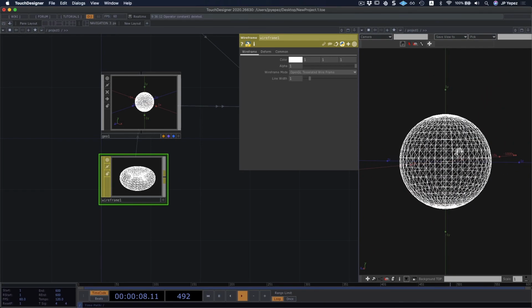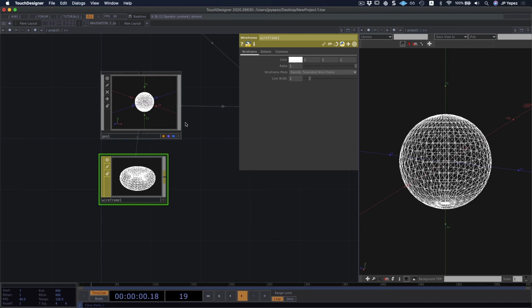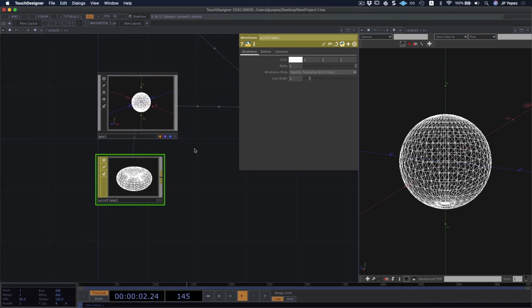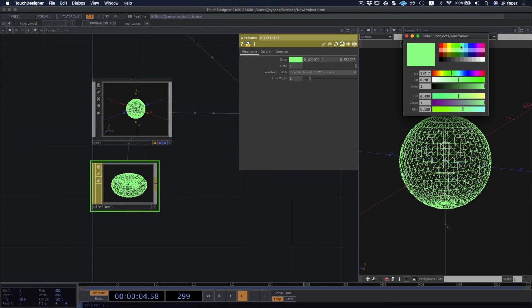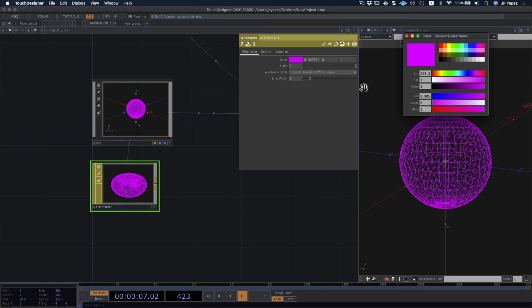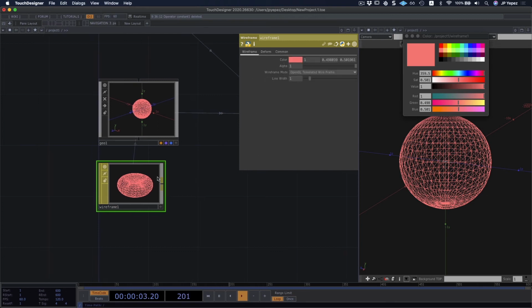This is very popular if you want something with a very specific aesthetic, like very popular in the 80s, let's say. So wireframe is very similar to constant, and we can just change the colors we can get from the wireframe itself. But that's about it. It doesn't really give me a lot of options.